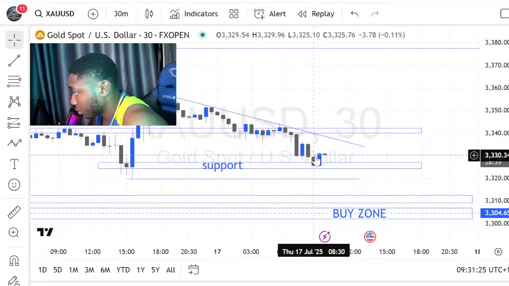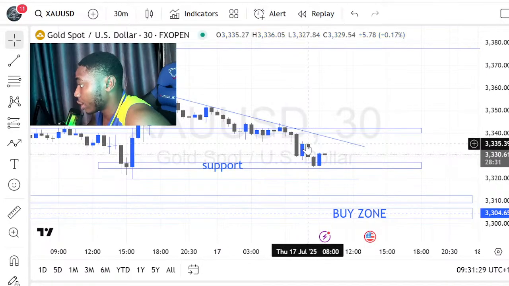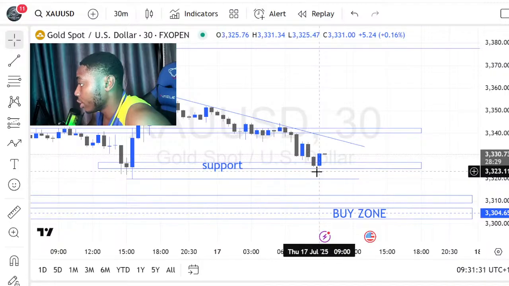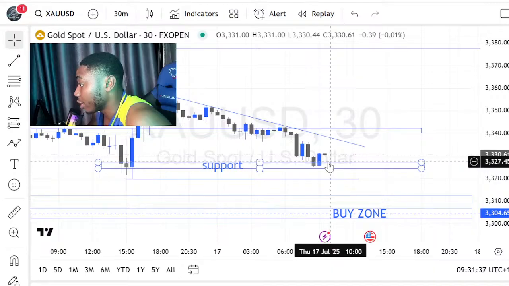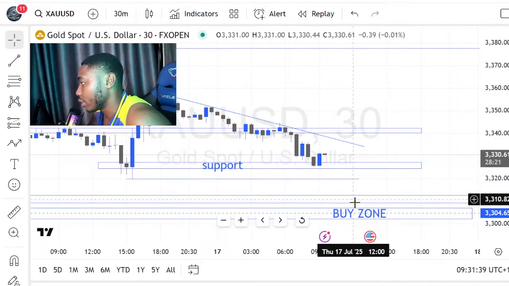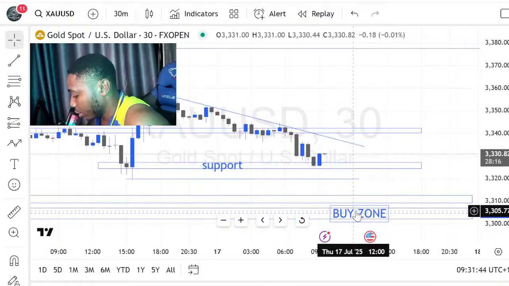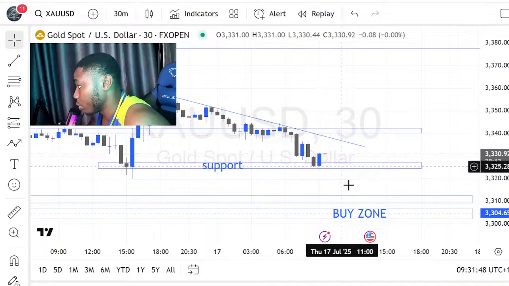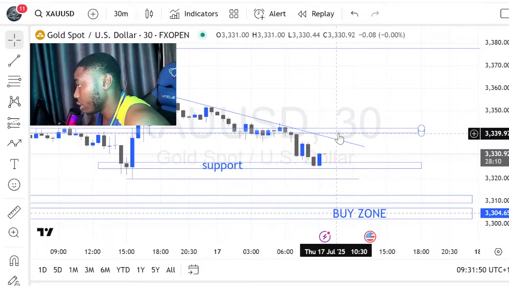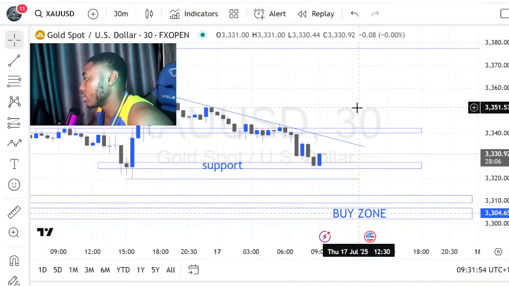Mind you, once I see this, just what I said, you can see this bullish candlestick, then bearish, then we got to sell. Once I see this candlestick coming back down here to be bearish, okay, I'm going to take that sell back down there. But if it keeps pushing back to here and then here, then we wait for this to come back down here. So that's it. Patience is the key.